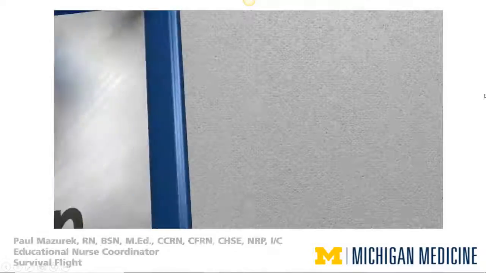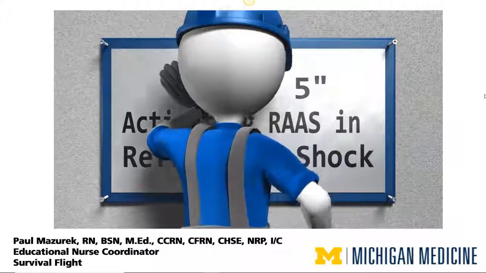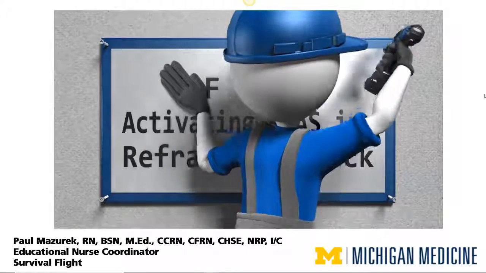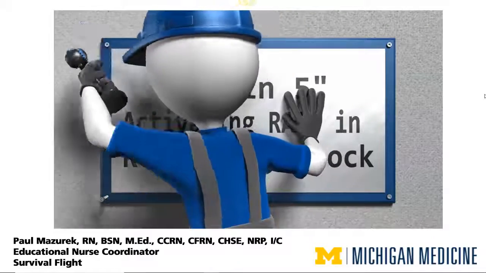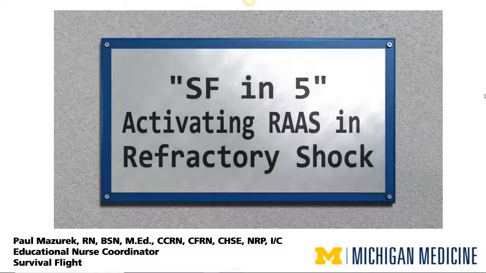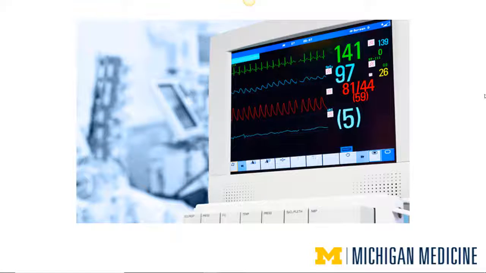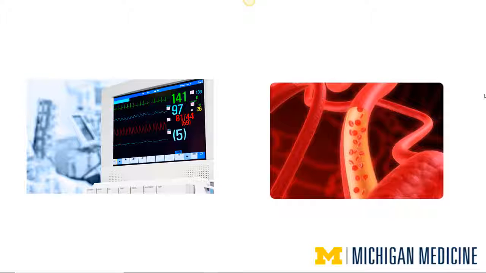In the next 5 minutes, we will discuss one strategy to help us manage distributive shock refractory to standard therapies. You have a patient in septic shock. You have volume resuscitated, have been titrating norepinephrine, and are ready to start vasopressin in accordance with current sepsis management standards. The patient fails to respond to standard therapy, and titrating medications to increase afterload and systemic vascular resistance isn't